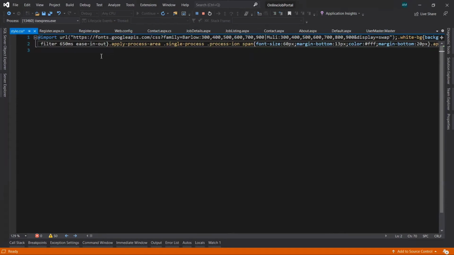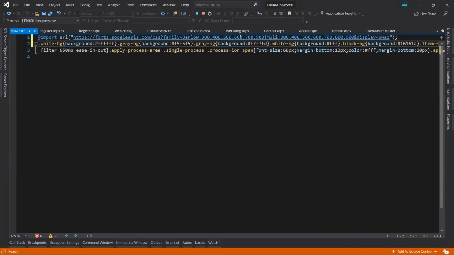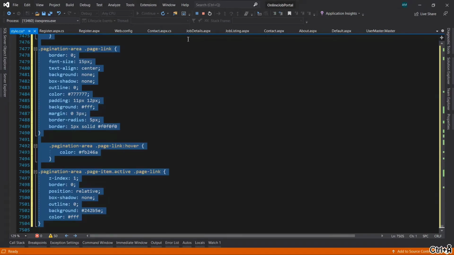Okay, all the code is on one line. Let's press enter here, then select all of the below, then press Ctrl K D so it gets aligned.